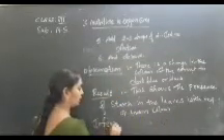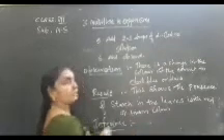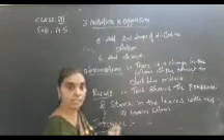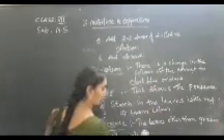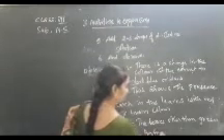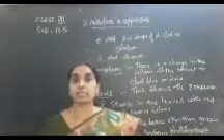So what is the inference from this result? What do you get as the inference? You get the inference that the leaves other than the green color also take part in photosynthesis. The leaves other than green color also perform photosynthesis. So what happened to the chlorophyll, whether the chlorophyll is present in these leaves or